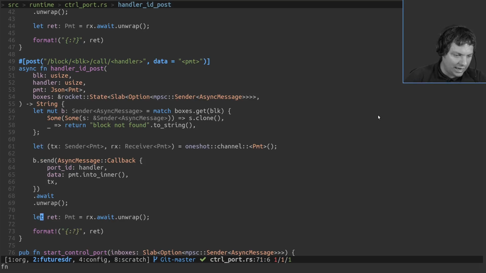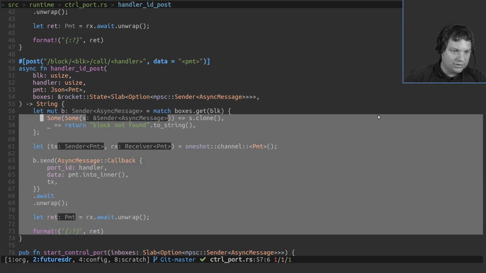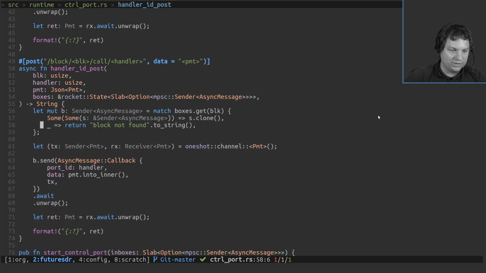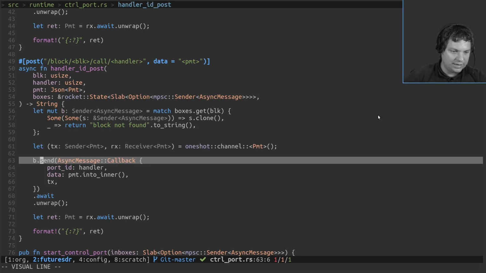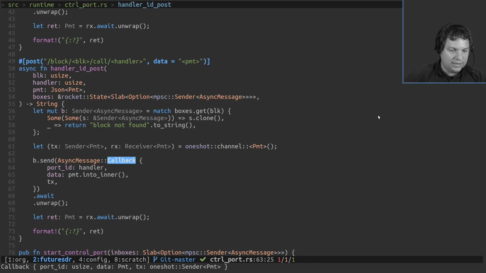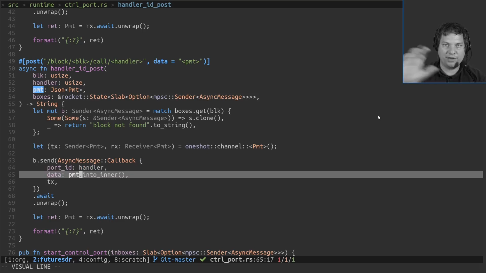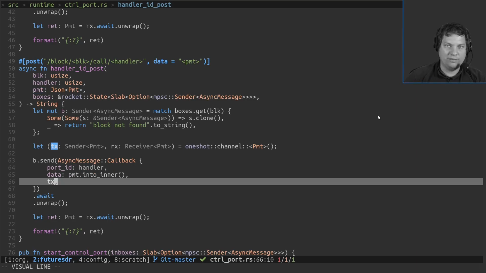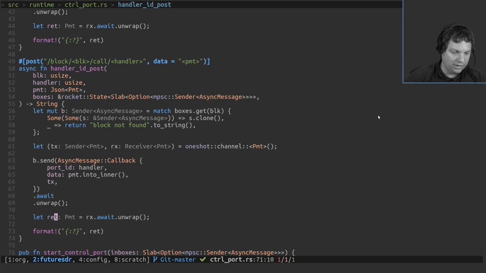So this is really everything that is used to implement control ports. It basically creates a back channel. We send async messages, this type of messages used by the runtime. We say to the block, please call the callback, this handler ID, with this PMT as the function argument. And we're waiting for your reply here. Once the reply arrives, we're basically done.